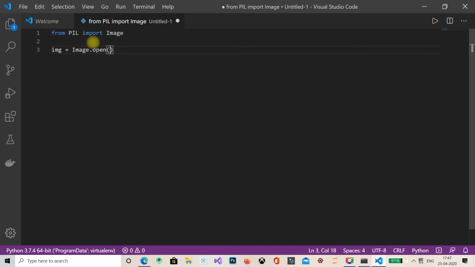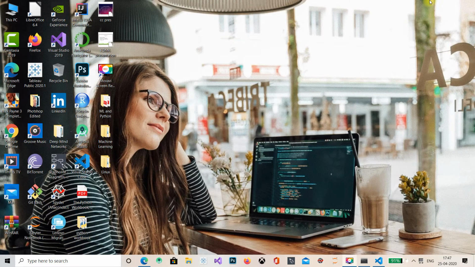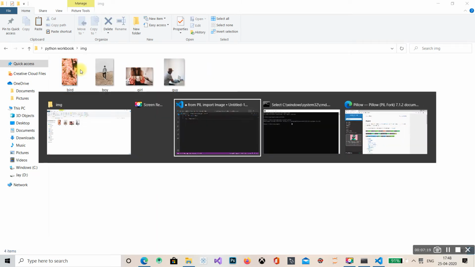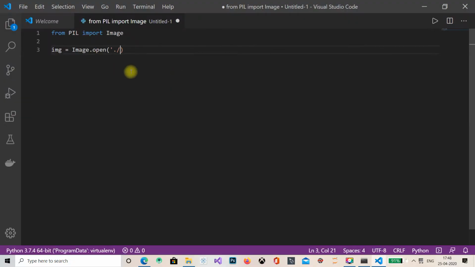Wherever your directory path is, you can go there. I always forget this and get an error. So what's the folder name? First of all, let's check. I forgot the folder name also. The folder name is img.